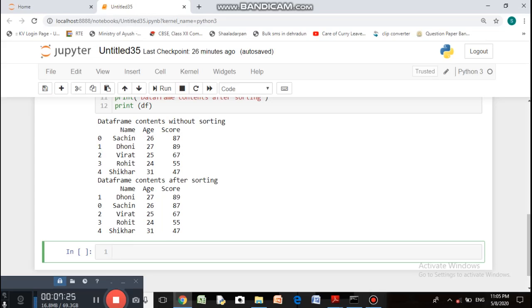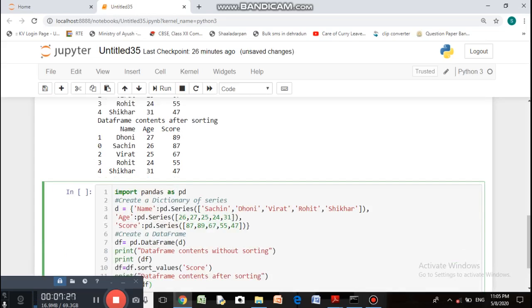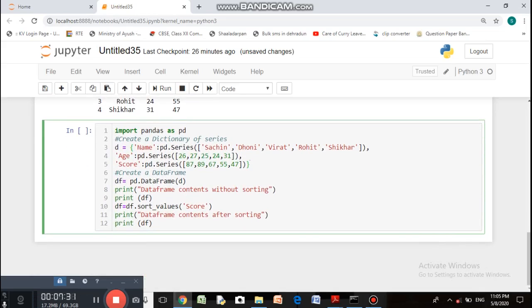So let us understand it with the help of an example. Again I am going to copy this code to run it again, and this time here if you see the score, I'll make it 55.